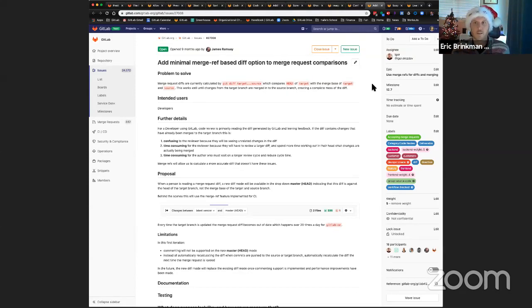When a merge request takes a while to merge and stays open for several weeks, oftentimes the target branch, such as master, can have a ton of changes. And when this happens, a common developer workflow is to merge the target branch into your source branch before merging the source branch back into the target branch. In these situations, the diffs in GitLab today can look a little weird and can be confusing. And so we're adding an optional diff view to base the diff on the source branch and the merge ref to help streamline the code review process in these situations.